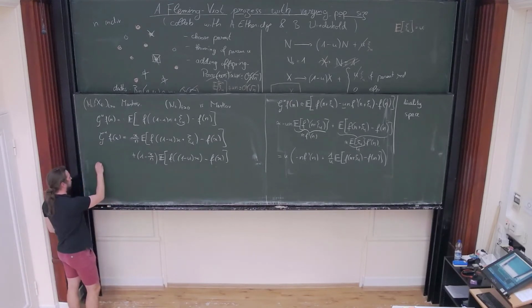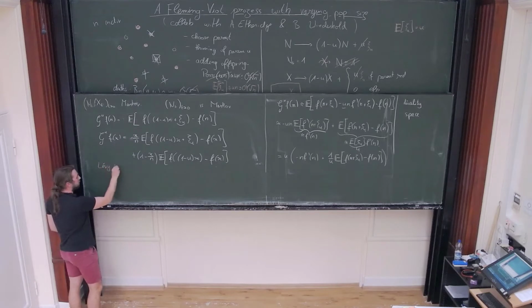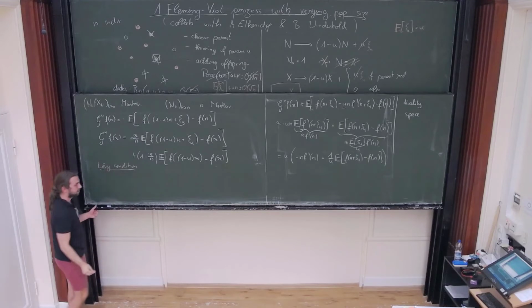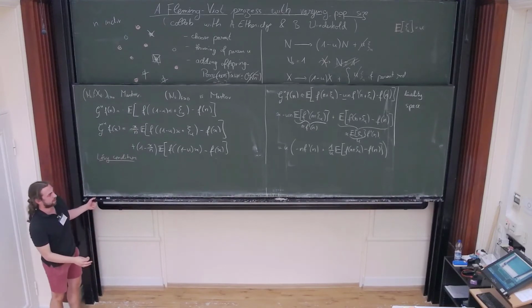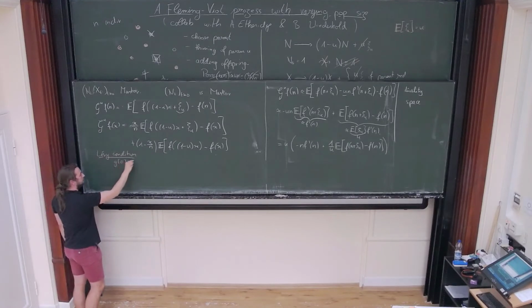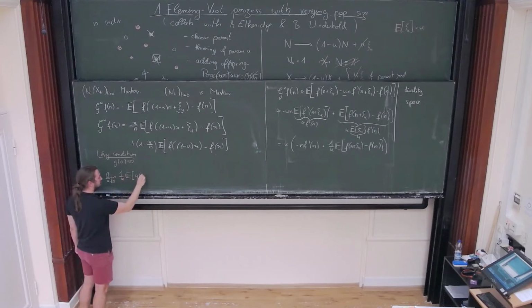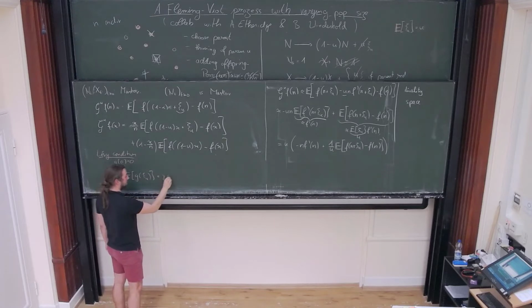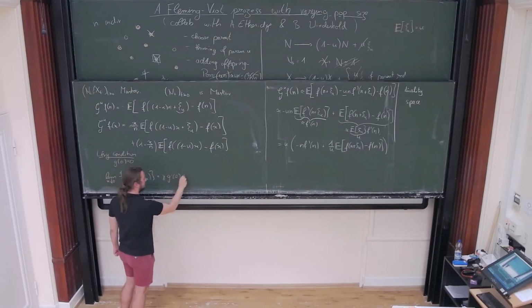And this is what I will call the Levy condition. That's not something that is used in literature, but just to give names so that we can refer to it. What we do is, for functions that are 0 at the origin, we'll ask that the limit as u goes to 0 of 1 over u, expectation of g of psi u is gamma u prime of 0, and then